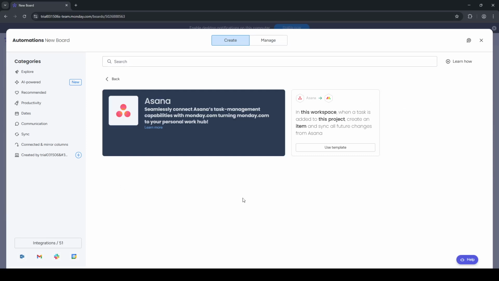Think about whether you want a one-way flow from Asana to Monday.com or a two-way sync that keeps both up to date. After you choose a template, Monday.com will guide you through a few quick prompts. Typically, you'll be asked to connect your Asana account, choose the correct Asana workspace and project, then select the Monday.com